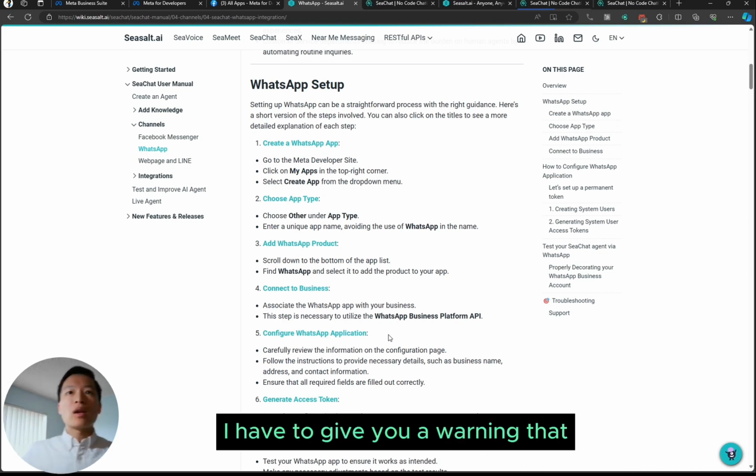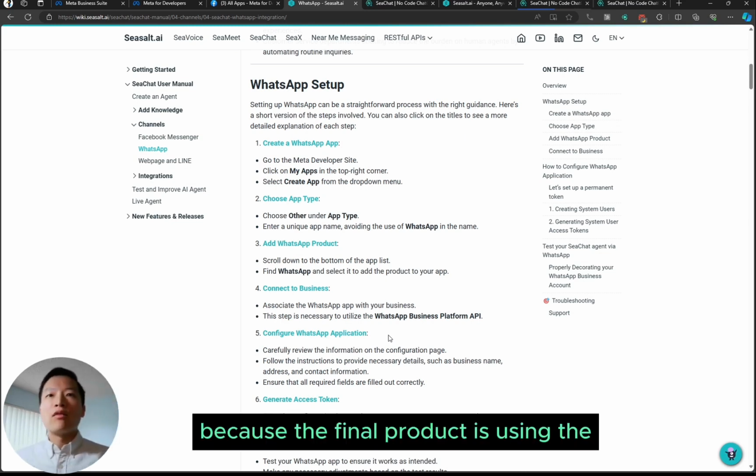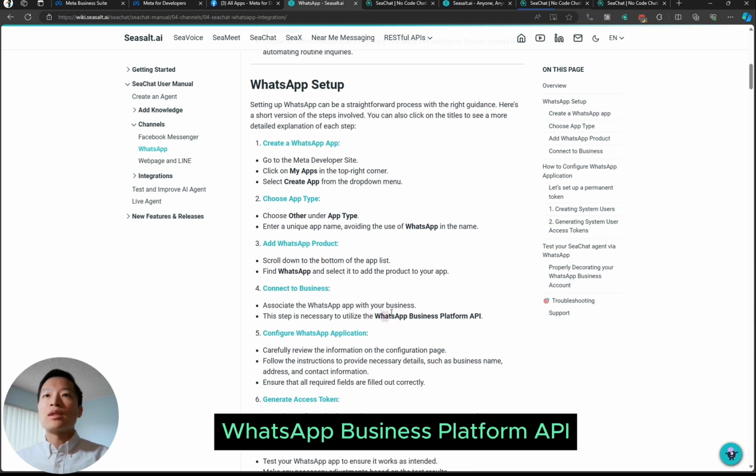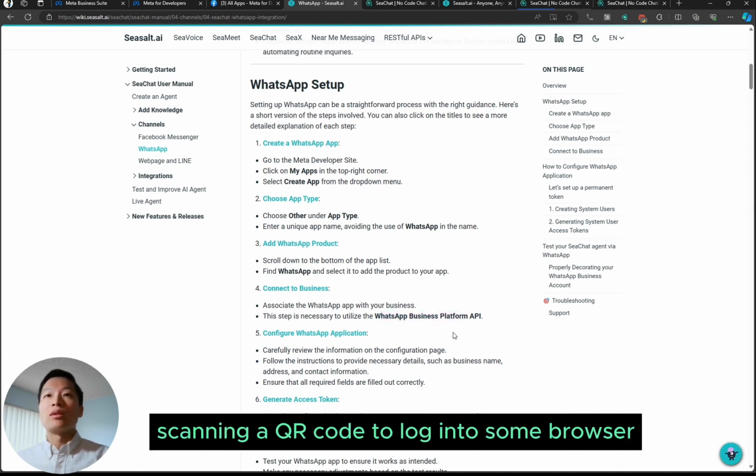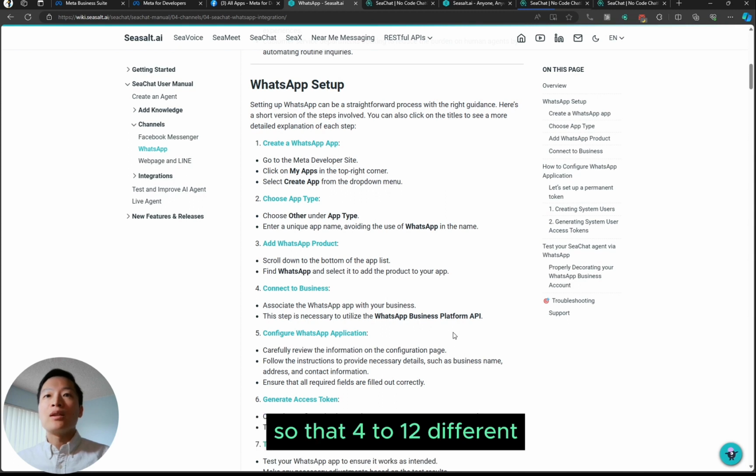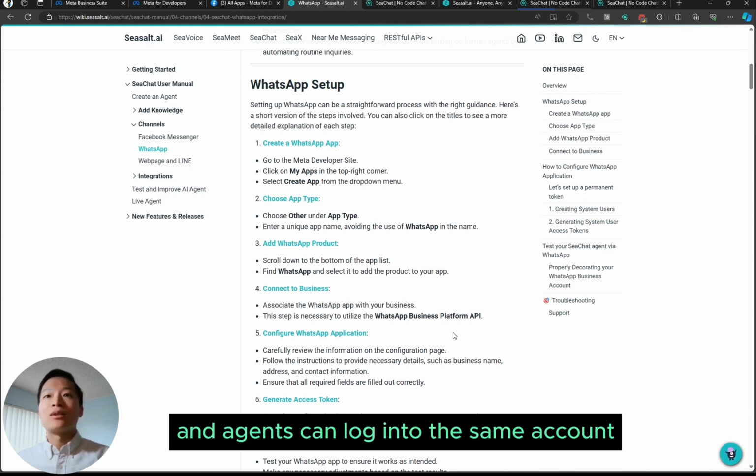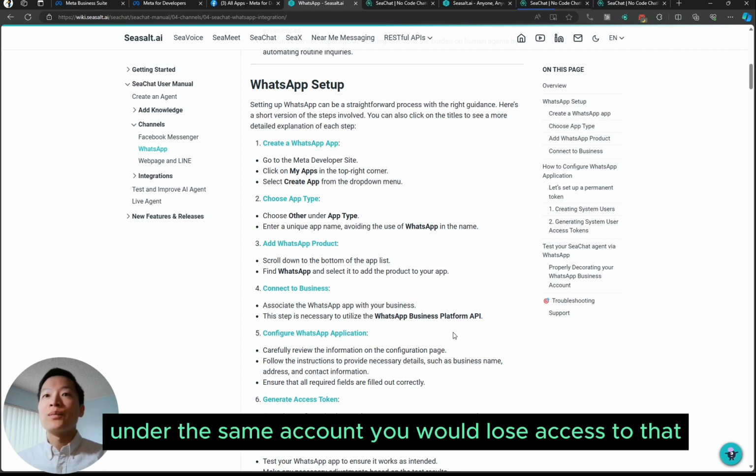I have to give you a warning that because the final product is using the WhatsApp Business Platform API, if you are accessing WhatsApp using the WhatsApp Business app, meaning that you are scanning a QR code to log into some browser, so that 4 to 12 different agents can log in under the same account, you would lose access to that, right?